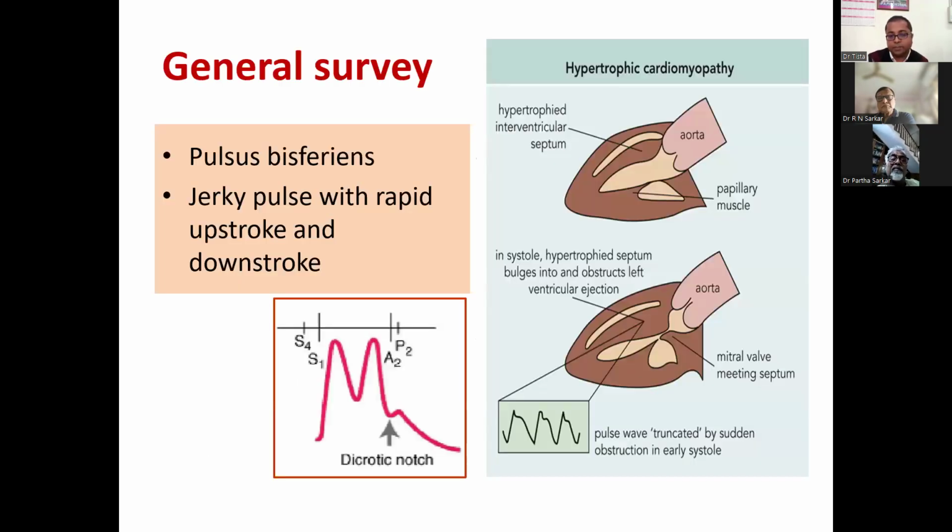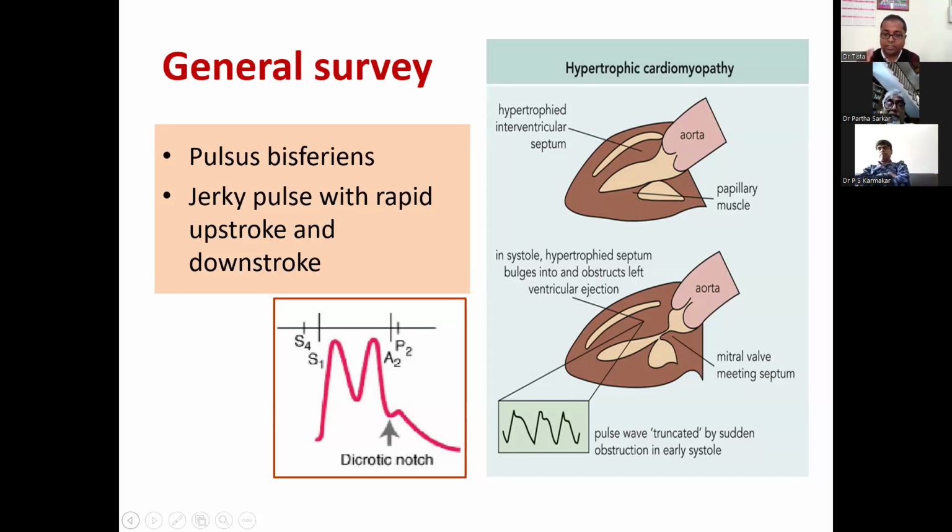From the examination, we found she is described as having a bifid pulse, or better known as pulsus bisperiens. Normally, the normal pulse has a percussion wave, and there is a tidal wave. So what happens in bisperiens? There is this hypertrophic septum, and during the systole, this hypertrophic septum is bulging into the left ventricular cavity, causing it to shorten further. So you see, first there is this percussion wave, and during this obstruction phase,